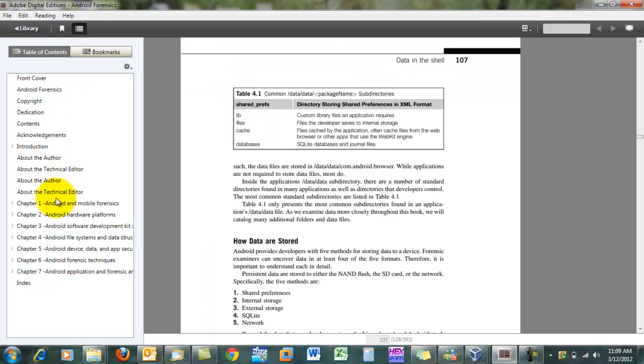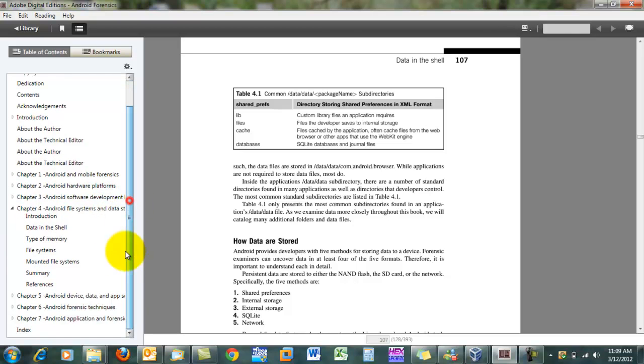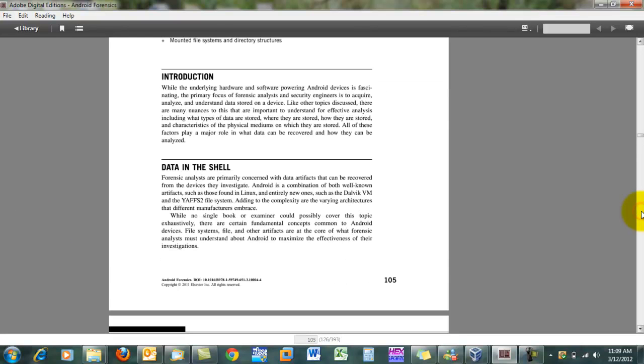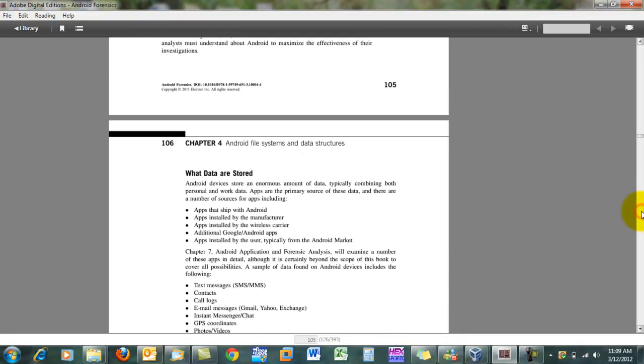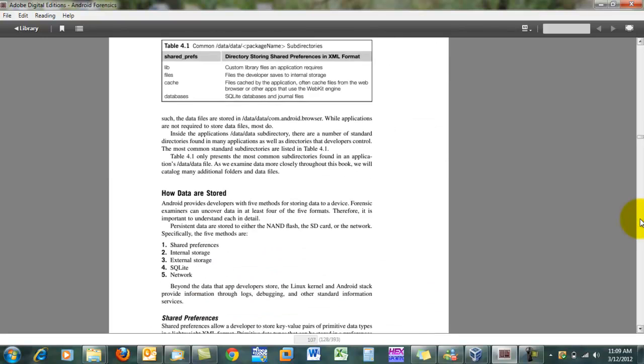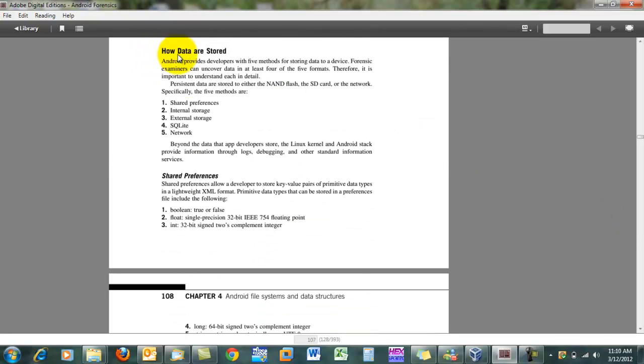The previous lecture we covered chapter 1 and 2, so right now we'll look at chapter 4, and we'll be looking at this part over here. It's called how data are stored. So in Android devices, there are 5 methods that data are stored: